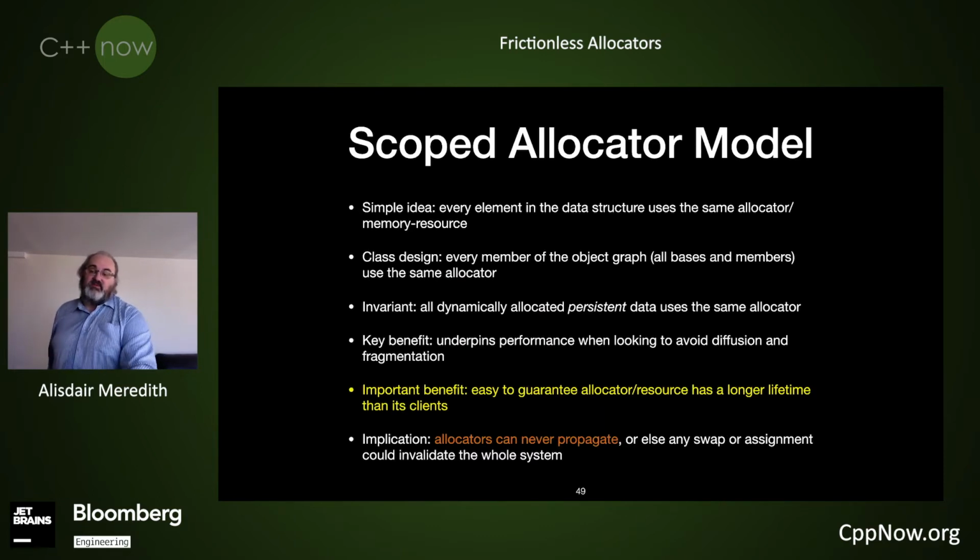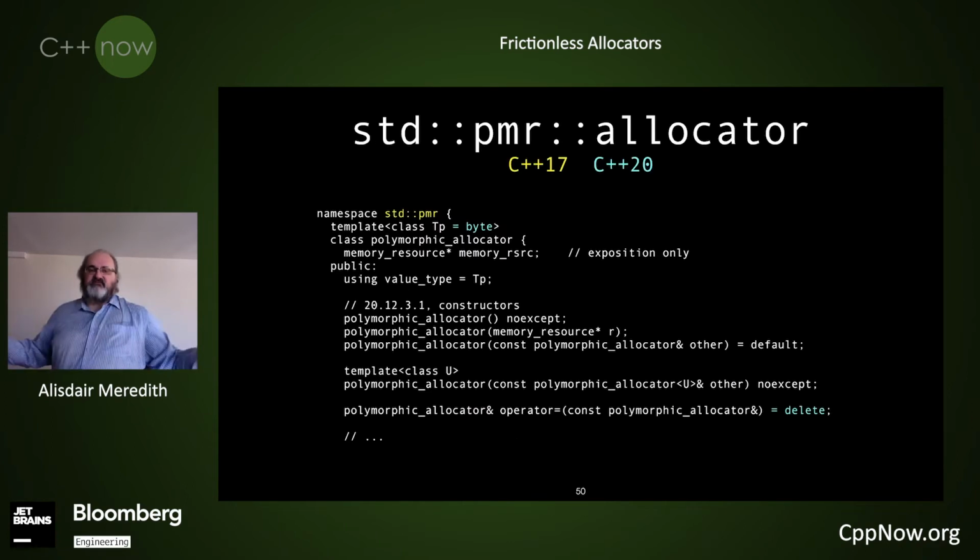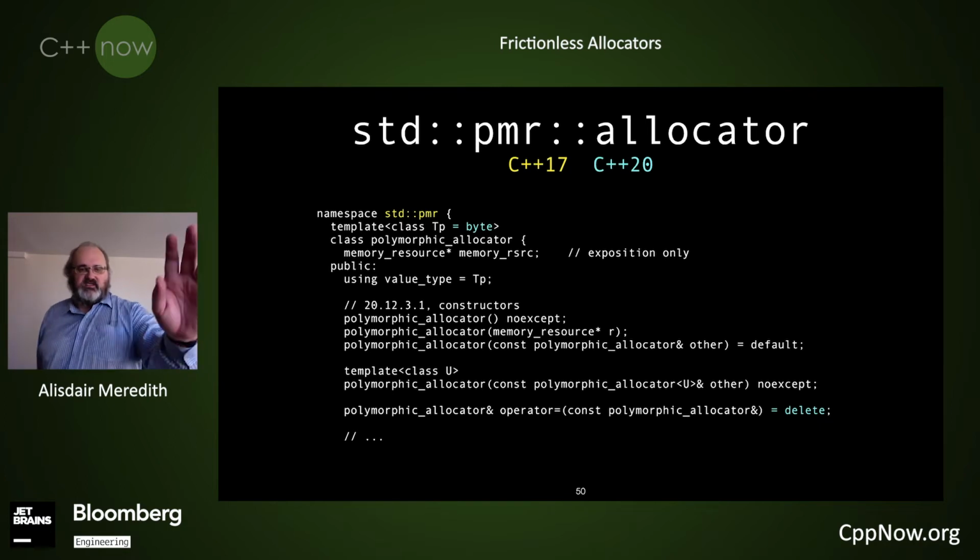Yeah, because the problem then would be, as I say, any swap or assignment could invalidate everything we've done there. Standard PMR allocator. This is where I start getting confused between the terms allocator and memory resource. This is a C++11 compliant allocator that works with the allocator traits to support being a general purpose allocator that wraps a generic memory resource. So in C++17, we put this thing into standard PMR. Essentially, everything you're seeing on the screen is part of 17.